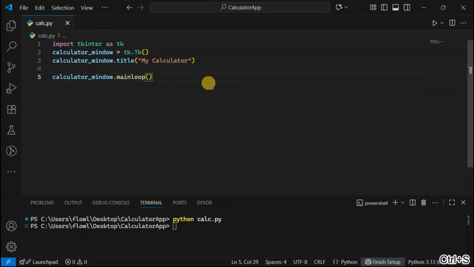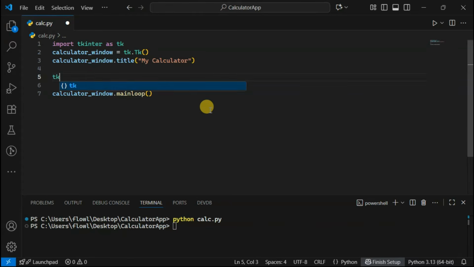Every calculator needs a screen or a display. This is like the face of our calculator. It's where all the numbers and results will appear. We're going to use something called an entry widget. Why entry? Because it's where we can enter text. Makes sense, right? Now let's name our screen display_screen. We will set it up as